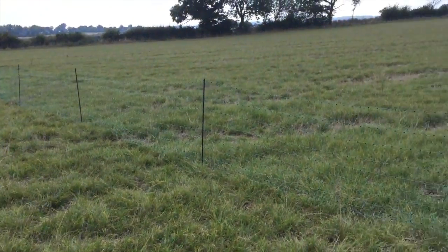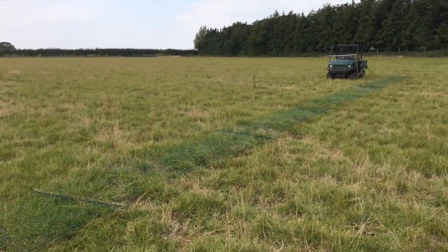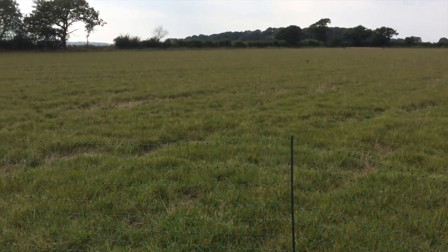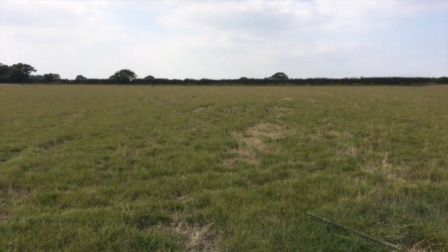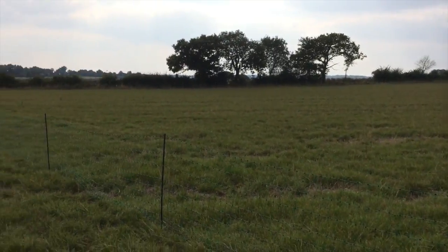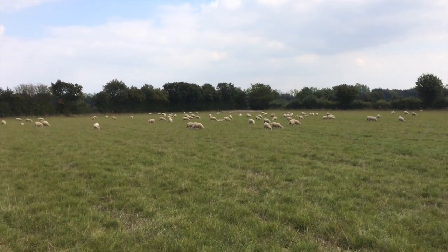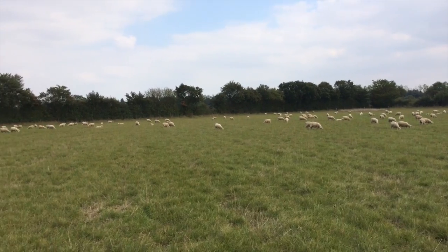So I'm taking down this netting that I put up yesterday, and the rest of the field is probably the field where it's got less clover on. So I just wanted to report to show you how we were doing. Still,